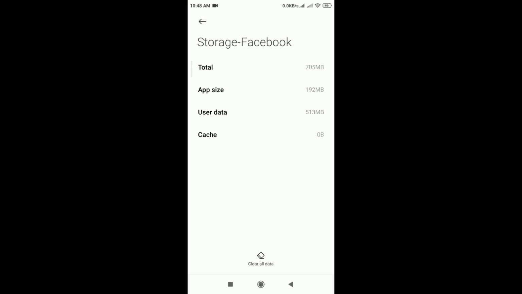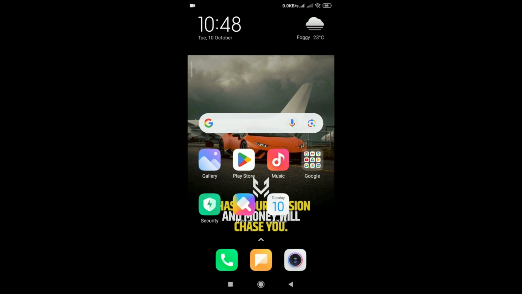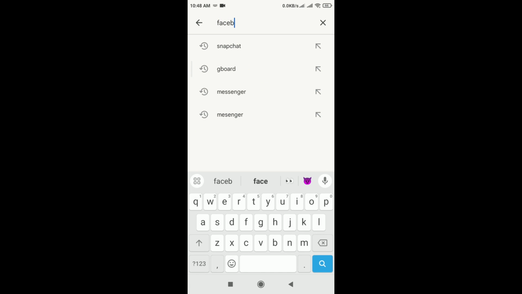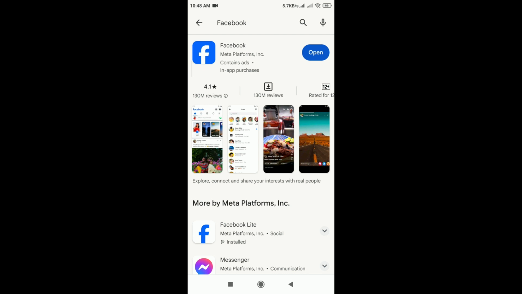do is open up your Google Play Store, search for Facebook, tap on it. After that, here if you have an update option, then you can tap on update and update your Facebook. That will fix your issue, but if this still does not fix your issue, then what you have to do